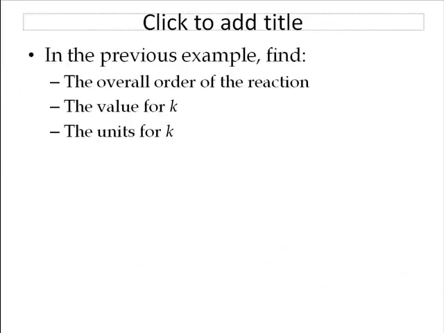Okay, in the previous example, find the overall order of the reaction. Well, unfortunately with this PowerPoint, it erases everything. But again, if you think about it, the bromate was 1, right? The bromide was 1, and the H plus was 2. When they talk about the overall order of the reaction, all we do is add